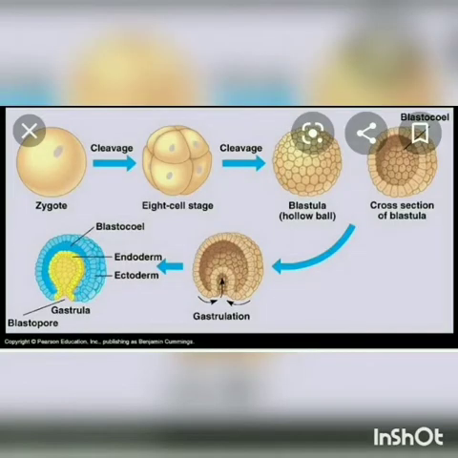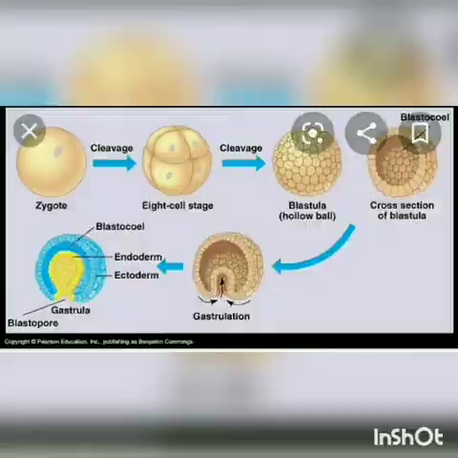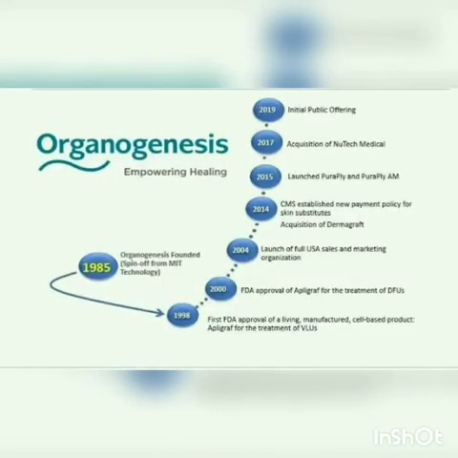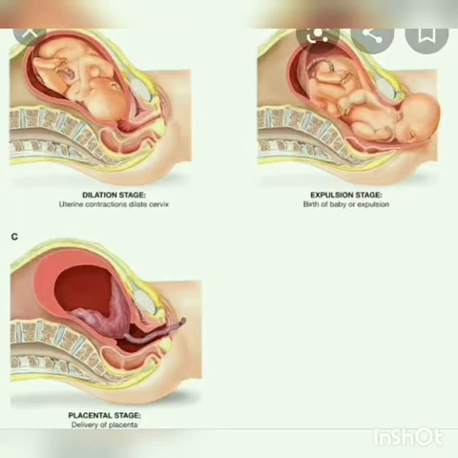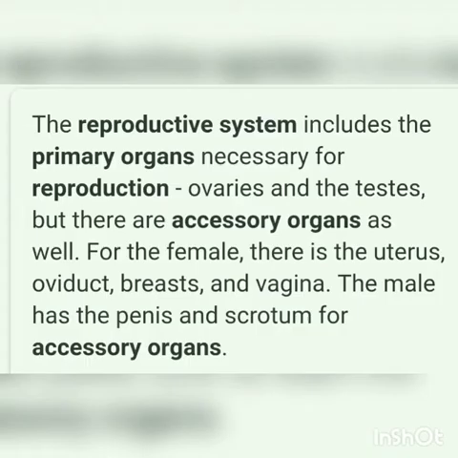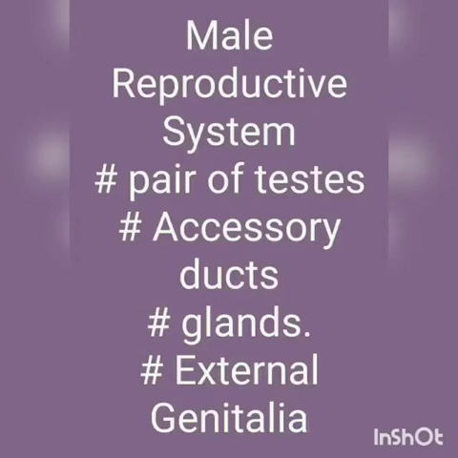The blastocyst changing into a three-germ-layer gastrula is gastrulation, and formation of organs and organ systems is called organogenesis. Finally, expulsion of the fetus is called parturition. These functions are carried out by primary and secondary reproductive organs. Next, we move on to the male reproductive system, which comprises a pair of testes, accessory glands, ducts, and external